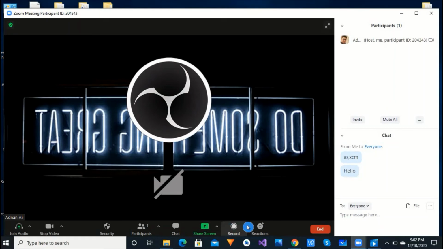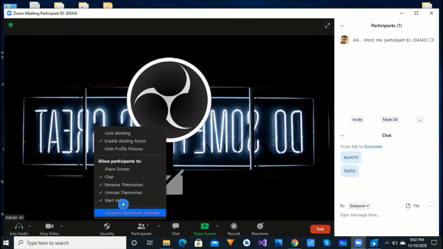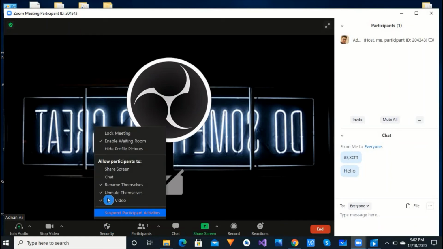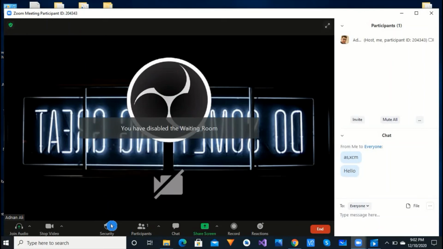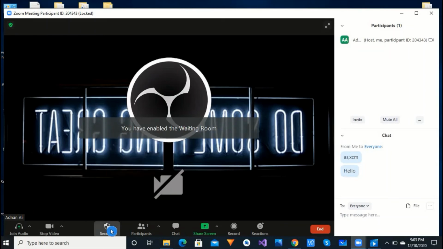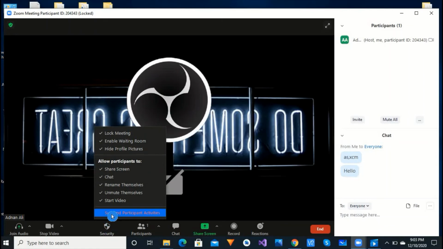Okay, so there are security settings here. You can disable chat here, you can disable the waiting room here, you can disable locked meeting here, enable or disable, it's up to you. Okay, so you see all the security settings are here.